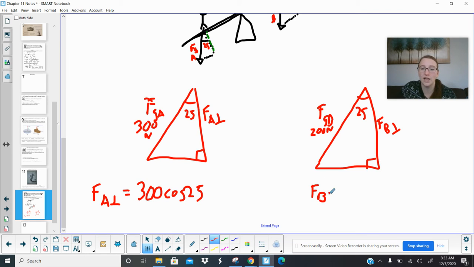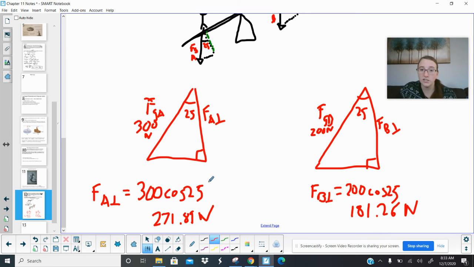So if we don't know what the hypotenuse is, again, you'll want to write your equation. It does end up being division, but still you'll want to write your equation to double check. This is also 200 cosine 25. So let's see, I'm going to plug this in the calculator. We got 300 cosine 25. We should get 271.89 newtons. So this is the force perpendicular to the lever, to the seesaw, cosine 25. And here we have